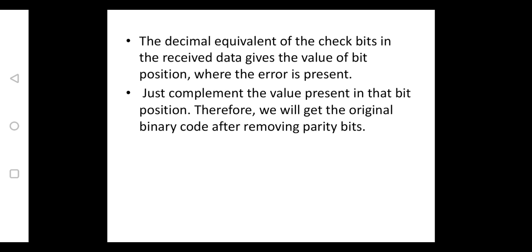The only difference between the procedure for parity and the procedure for check bits is, in case of parity bits, we don't know the parity bits, so we are writing the parity. But in case of the check bits, as we already know the parity bits, we are just checking whether the transmitted parity is equivalent to the received parity or not. If both are same, result is 0. If both are different, result is 1.